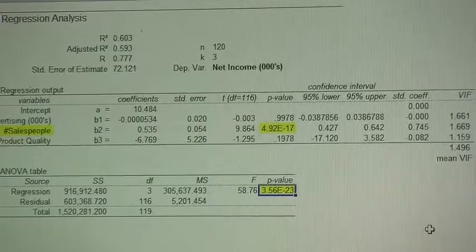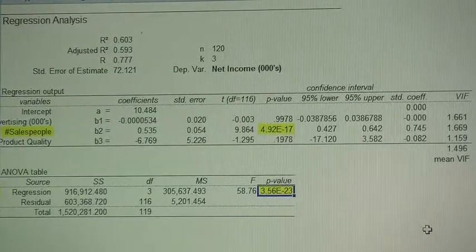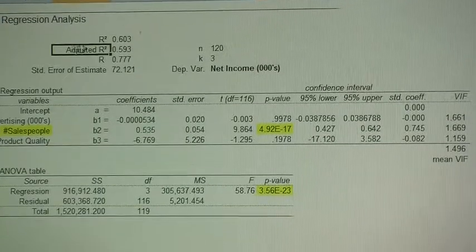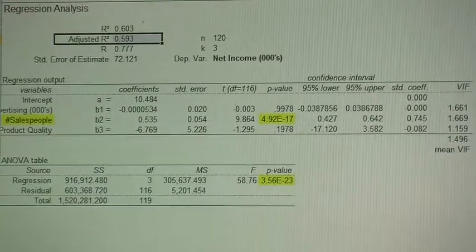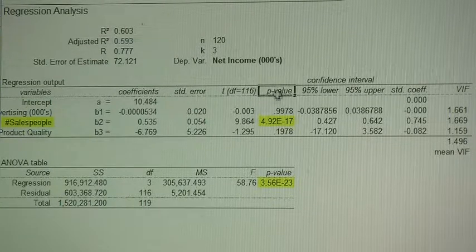Not surprising, we get a small p-value here. Okay, so I know that my regression model helps predict my dependent variable. I know that I've got a really good model. I mean, when you can explain 60% of the variance in a dependent variable, that's mighty good as far as I'm concerned. So then we direct our eye over here,